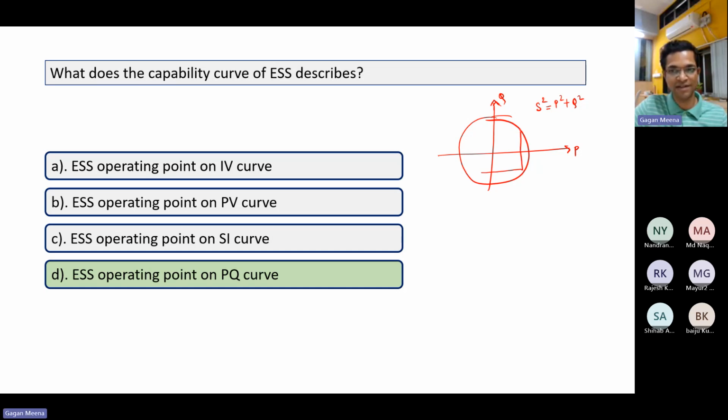And this is not even symmetric. It is something like this. Similarly, storage also has a capability curve on PQ with respect to how much reactive power and active power it can supply. And it will depend upon its